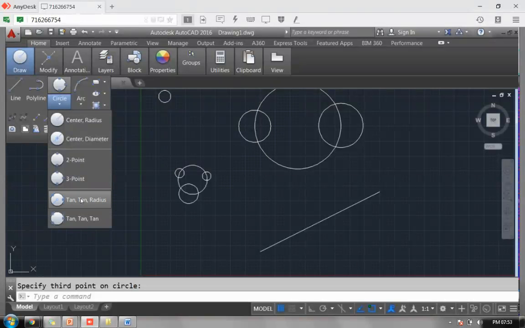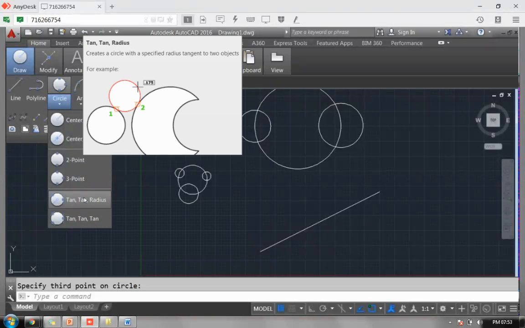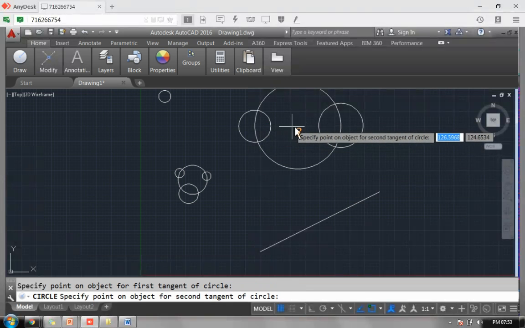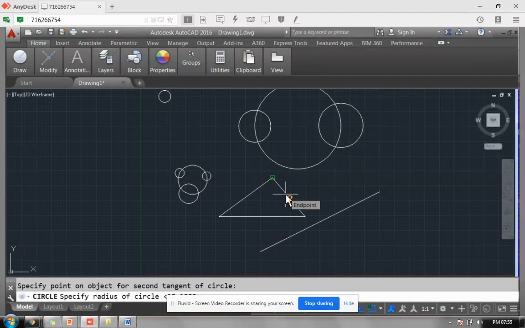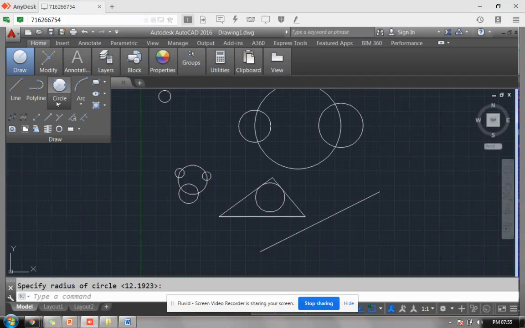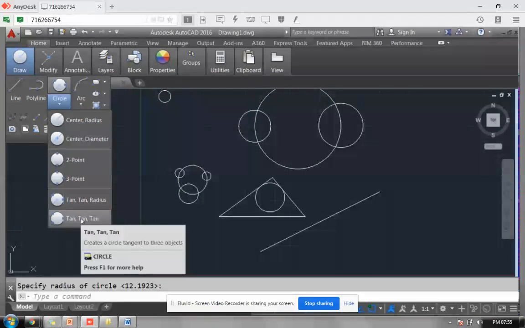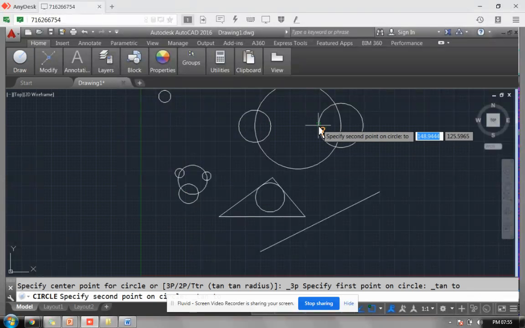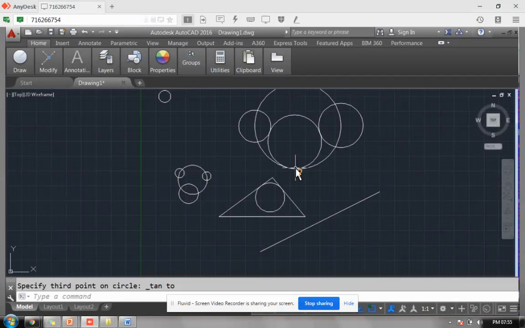So how is that done in circle? I click on this tangent radius option. Right now I'm just clicking on this option. I click on the second option and I press enter. So it is that. But when it is tangent, with three things touching, I can use the previous circles. So how are they used now? I go into draw. I choose circles. I choose this tangent. I click on this. So this is touching first, second, and this is the third point. It is done. So this is all.